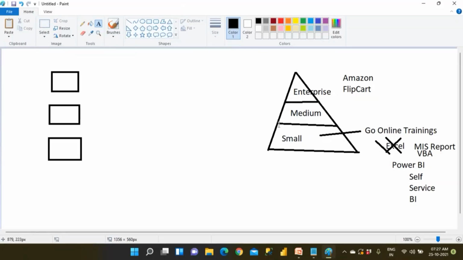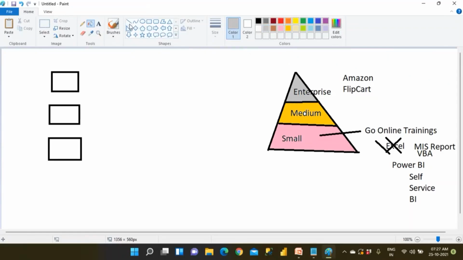Which audience? Small enterprise level, small companies, people who do not have much. But these companies are more in number, because of the bottom level of the pyramid. Bottom means it can show you the large space, and the top can show you a small place, right? So if you fill it with color, the bottom is going to take more. So enterprise companies are fewer, and small companies are many.